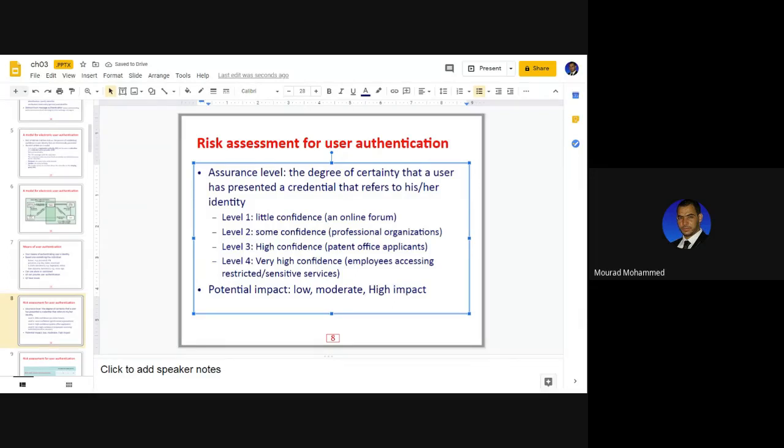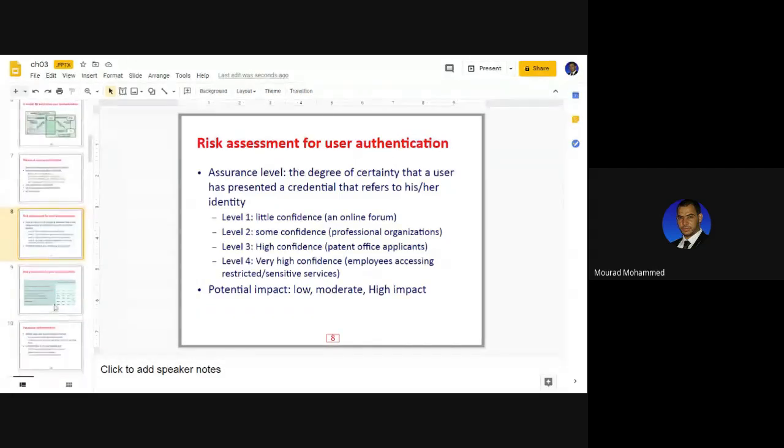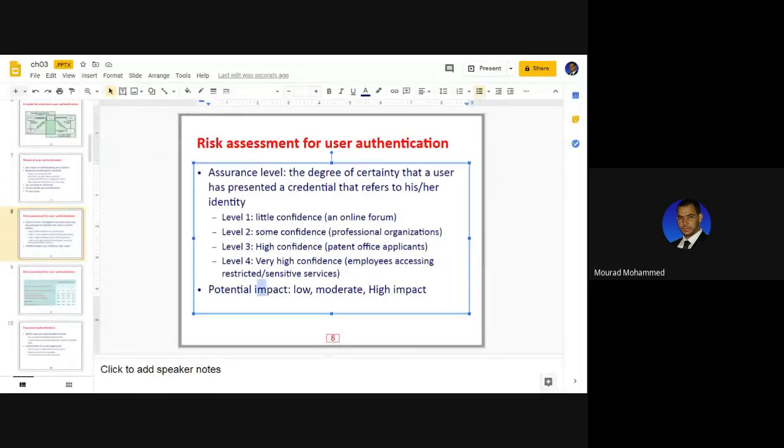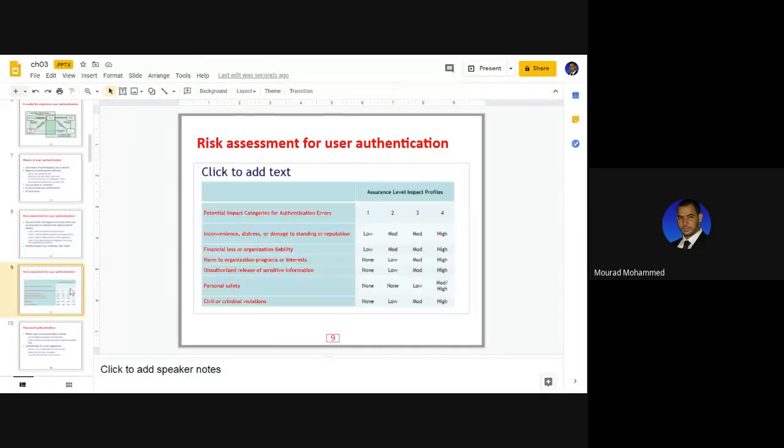So they are actually results of a level or a group of levels, results of the assurance level. Impacts of the assurance level. Let's have a look graphically at this. We have assurance levels, 4 levels, and we have 3 impact levels. There has to be a relationship between all of them. There is a matter of understanding here. Those are some givens.